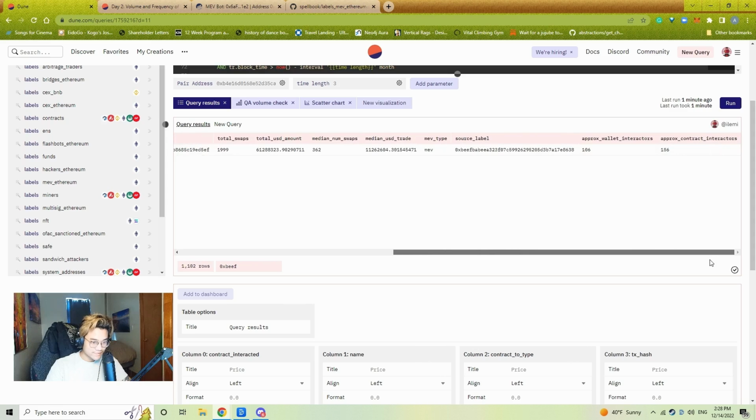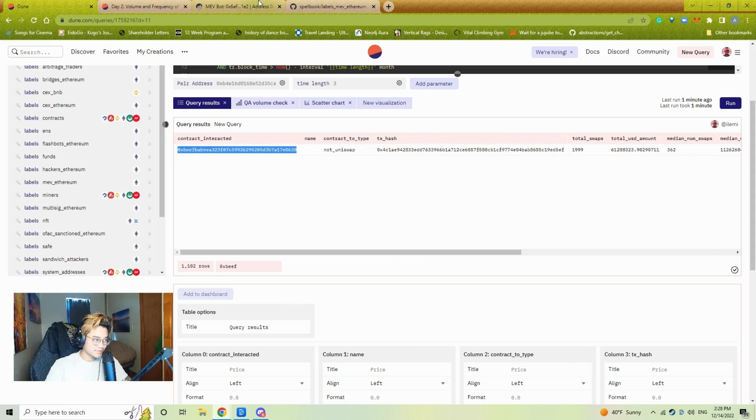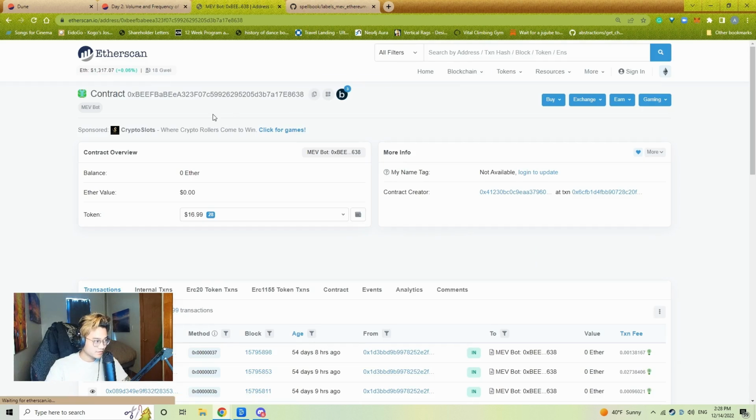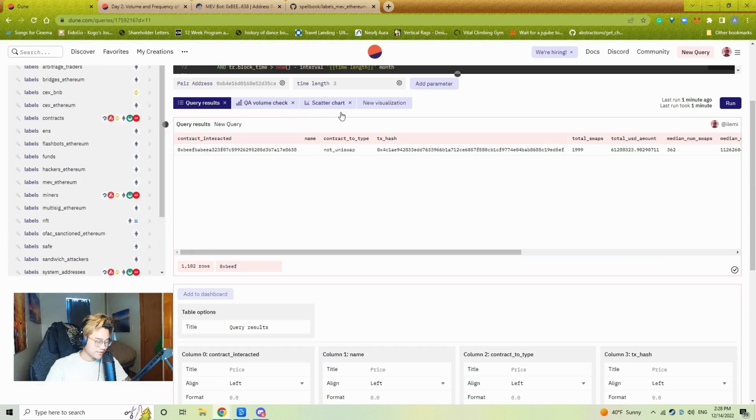Let's see, was it categorized as MEV? It is categorized as MEV inside of our labels, but I can search it in here as well, see that it is a MEV bot. So we're already able to start